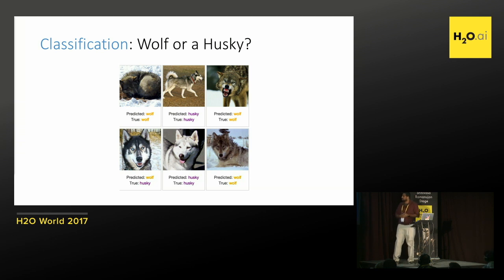So this is what the classifier might do on this data, where it gets most of them correct. It makes actually only one mistake, which is much better than what I would do, for example. I don't want to speak more generally, but wolves and huskies are difficult to tell apart, so it seems to be doing something pretty cool. But this is just a simple example of what you can do if you just have a few data points. Let's take a look at more state-of-the-art research and what that looks like.